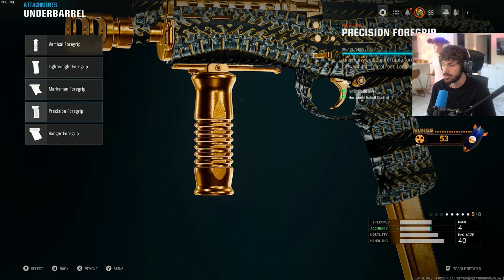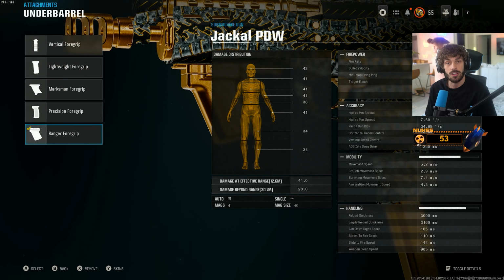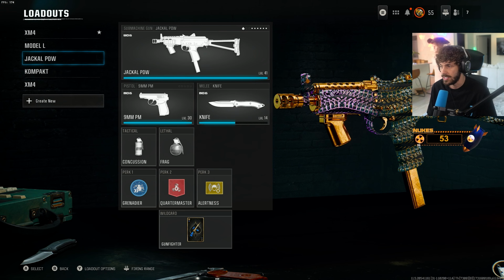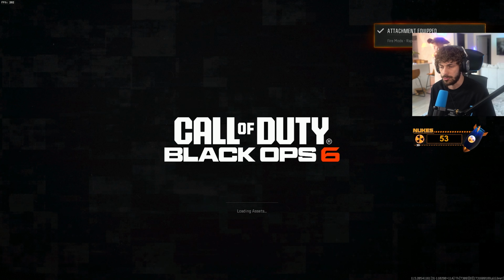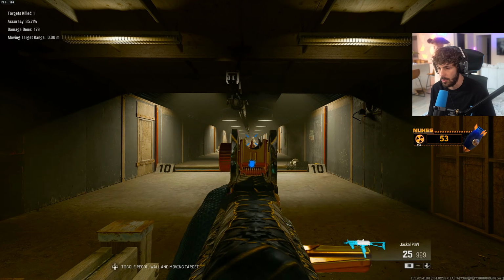Now for the 8 attachments, we're going to be adding the ranger foregrip, allowing you to move around faster. That's going to be beneficial on a lot of the SMGs, is the ranger foregrip, since you're always sprinting around the map, so then you can get around the map a little bit quicker. And then we are going to be going over to the fire mods, and I'm going to be increasing probably the rate of fire. I know we're losing a lot of our damage range, but it's going to make the gun kill so much faster,